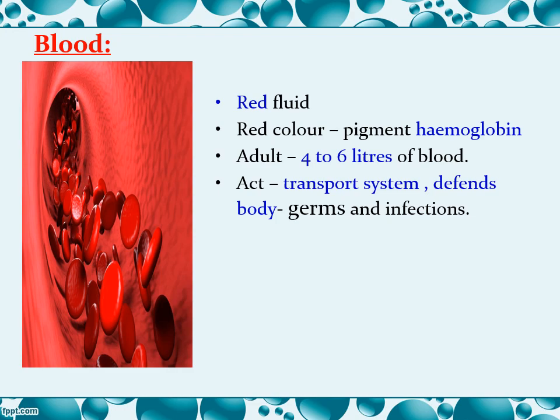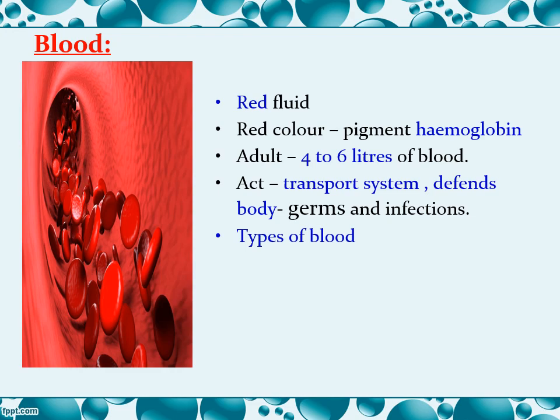When it transports the blood, it carries oxygen, nutrients and other essential substances that are needed for the body. The second function of the blood is that it defends or protects our body from germs